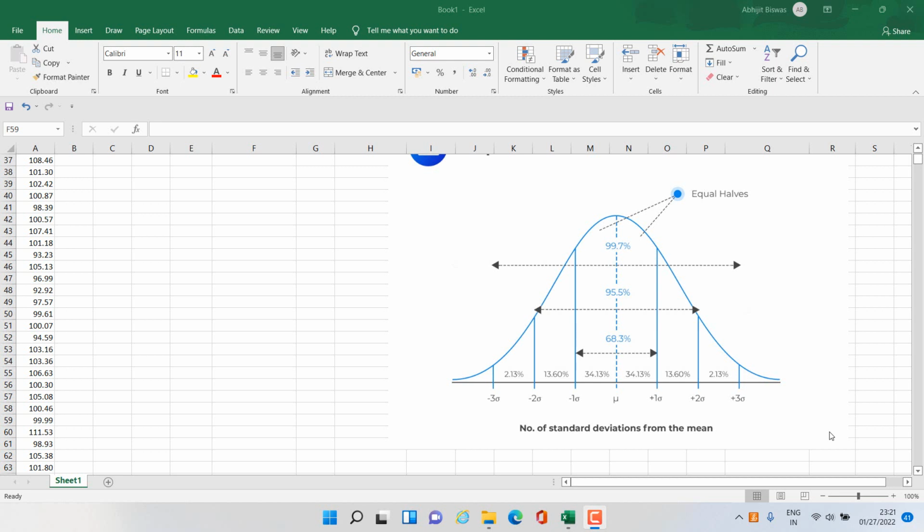In this video, I'm going to talk about some aspects of normal distribution. In particular, I'm going to decode the numbers that you see on this bell-shaped curve. That is, we can see